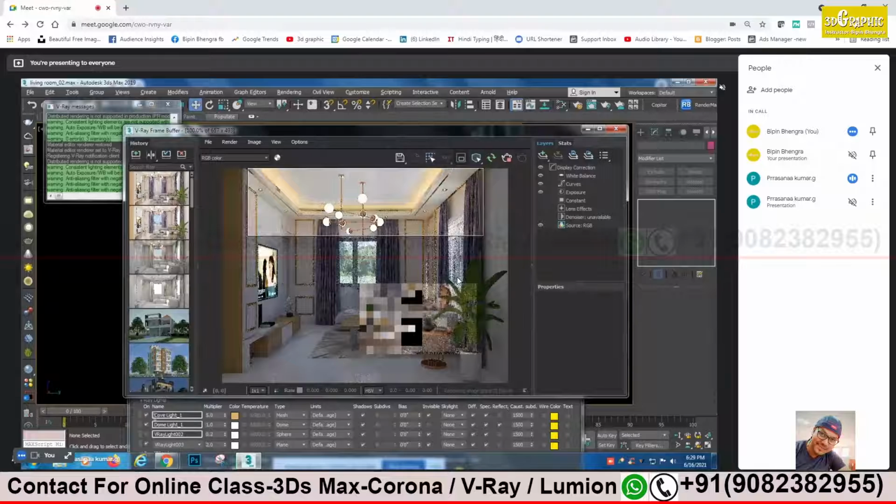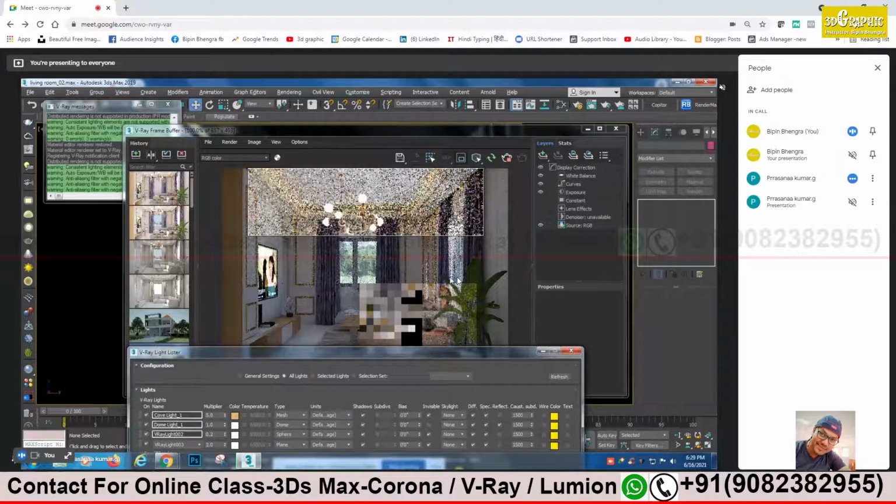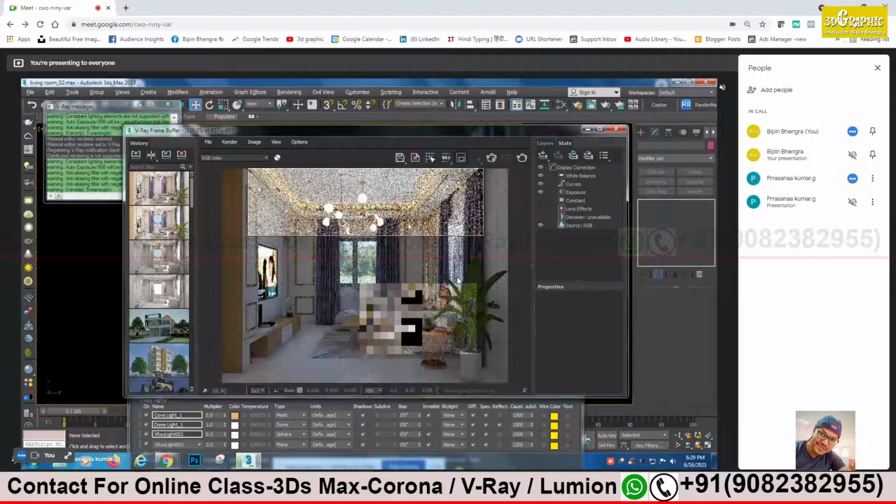Then we'll check with the dome light. Stop. This one. Stop. Yes, the sphere light. It's pure light. Yes. Stop it. Now for the sphere, we have to take it here with this ray. Yes, yes, here.